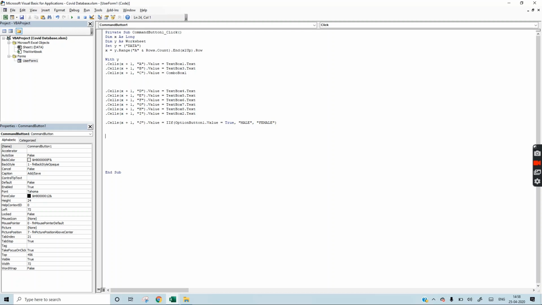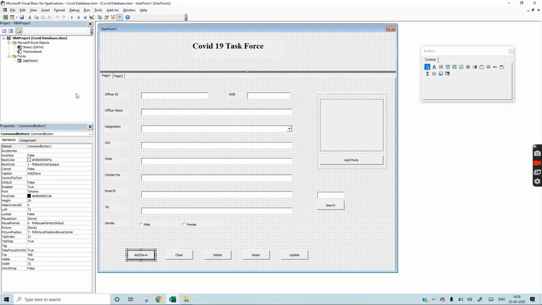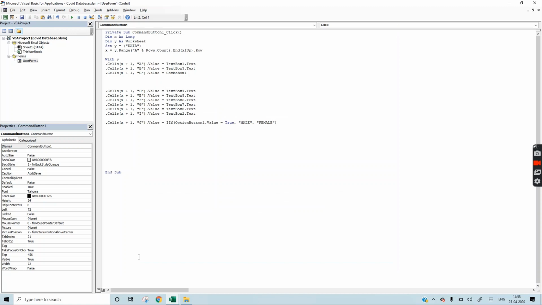Now what we want is, whenever we press this add and save button, it should be blank after we save. So for that we have to write a special code, which is Unload Me.